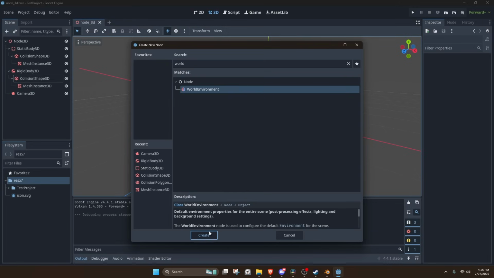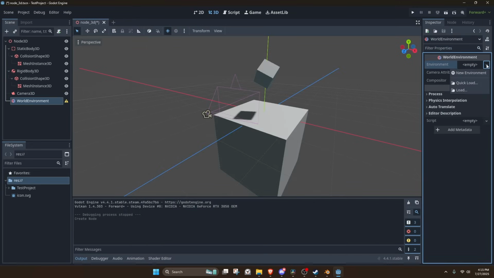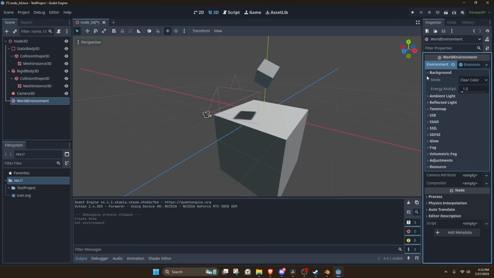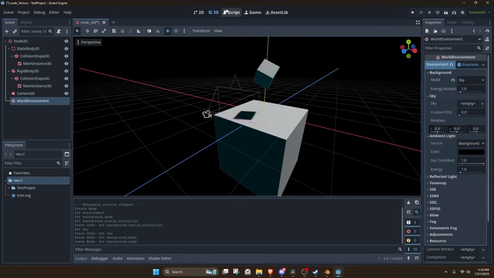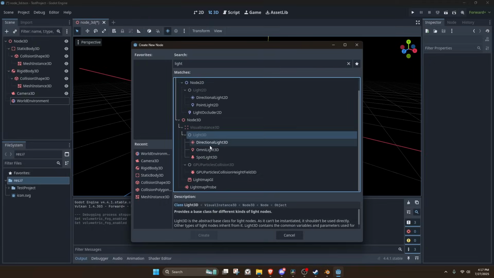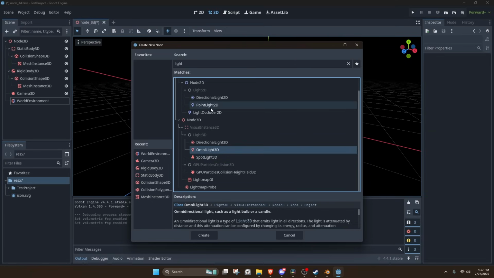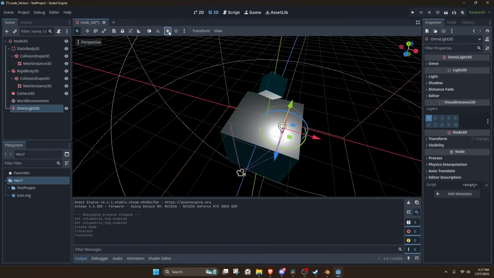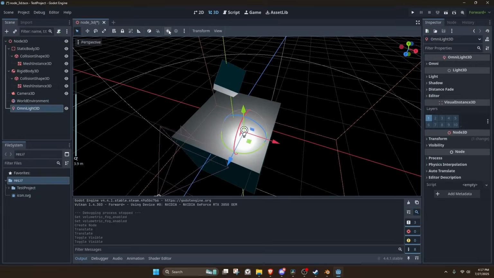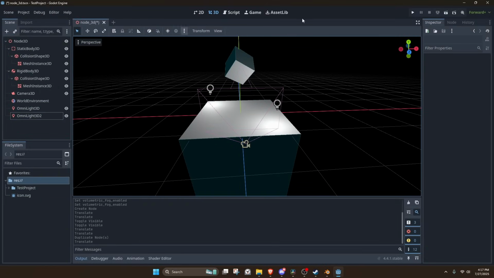World environment. And then you can make a new one, and then you can open the background, clear color sky. This will actually just be completely black, right? If I click play, I shouldn't be able to see anything. Yeah. Directional light is like a sun. Omnidirectional light is a point light. And spotlight is, yeah, it's a spotlight. So let's do omnidirectional. That's the kind of thing I'm looking for. This is more accurate to our scene. Now, when I click play,